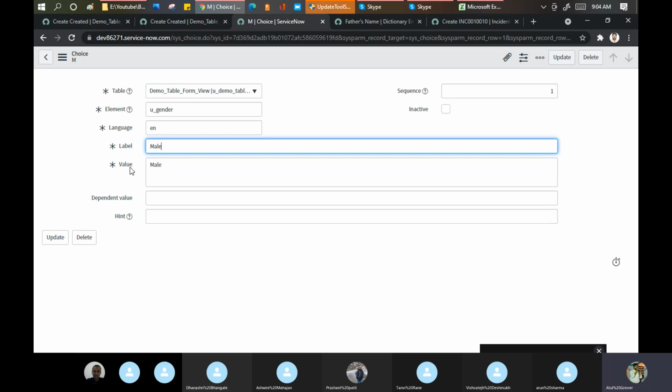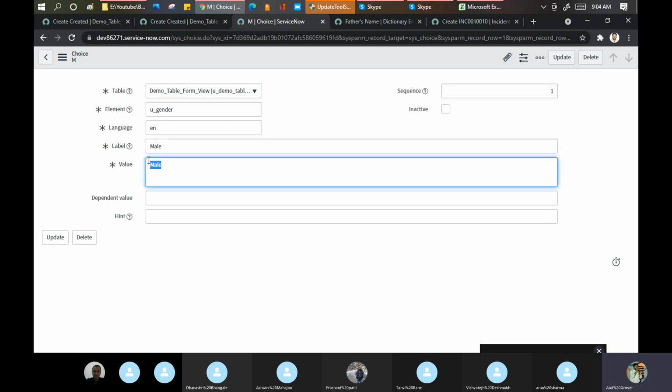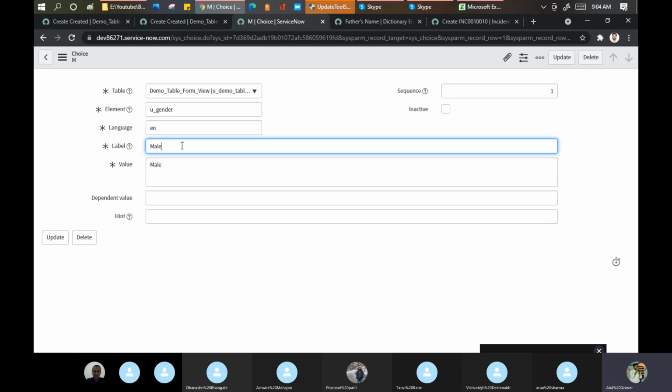So we use value when we want to do some modifications, some corrections, or some scripting part. It is always recommended that you use the label and the value similar. Don't put males or m-ales. No, male and male, that is easy for you to recognize, and easy to do the scripting part later on.